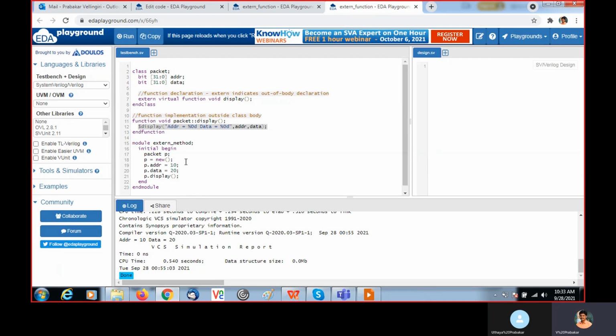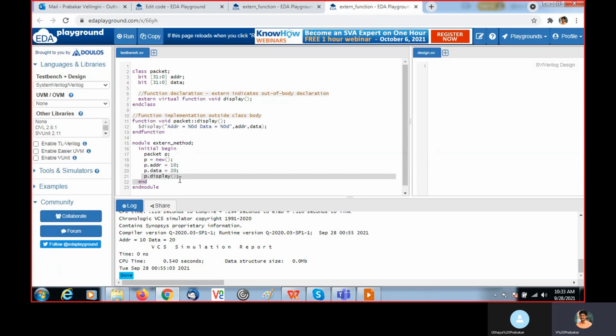Then the module name is external method. Here I instantiate this packet as p. Then I create it with the new constructor so that I am able to access the fields and methods. p.address I am assigning as 10 and p.data I assign as 20.